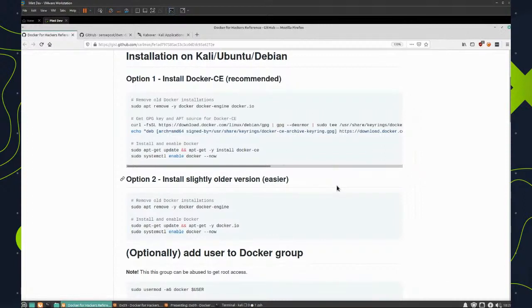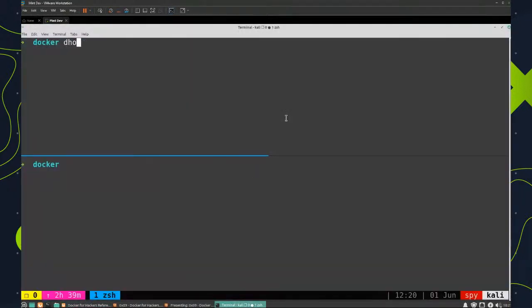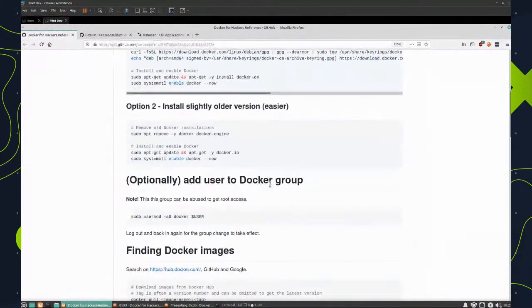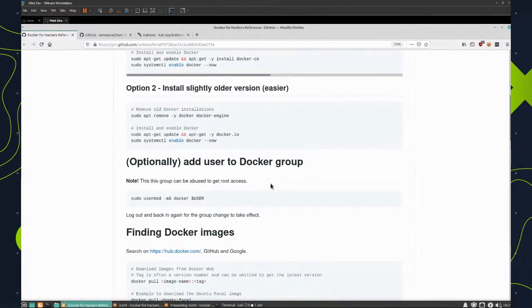So I'm not going to go through the installation, but once you've installed it, you should be able to call things like docker container list, and this should return. If you're getting access denied, it means your user isn't in the Docker group, so you might need to do a sudo. And in my notes, I actually mentioned you can add your user to the Docker group like this, but you should be careful when doing this because you can abuse it to get root access. I'm not sure if that's something they fixed or might fix,